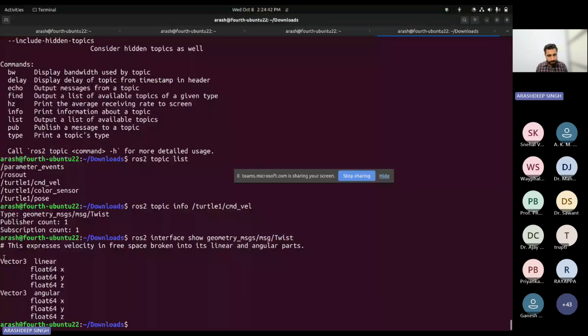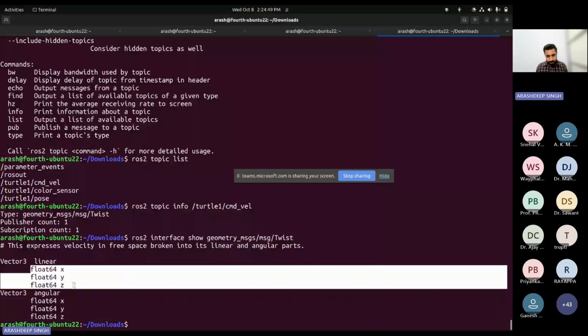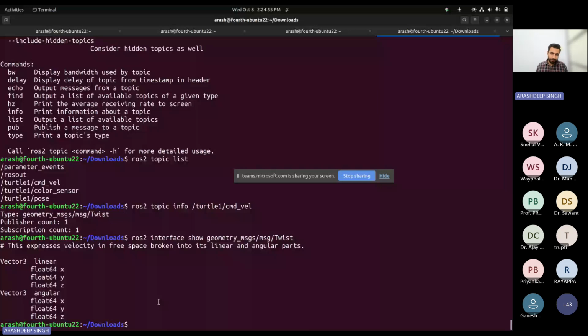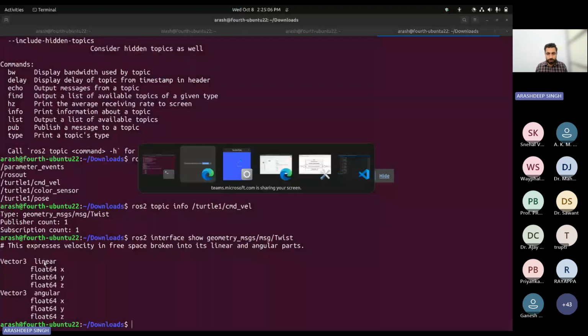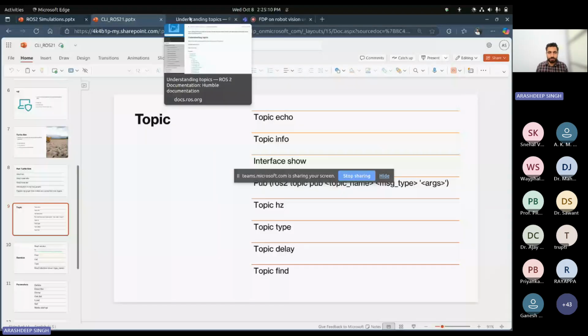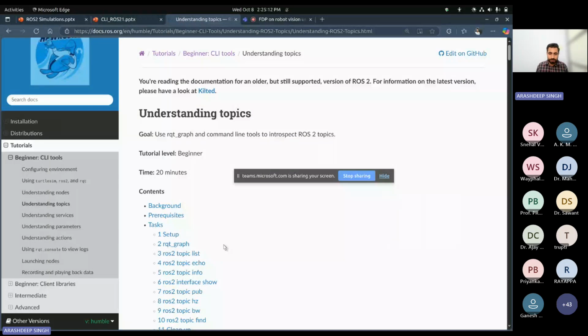You can see it has two vectors, one linear, one angular, and having a float64 data type for all its variables as it is a topic for the velocity. So there are two components, linear and angular, and in all three coordinates x, y, z. Now for publishing, let's move to the documentation for a little help because we are not going to remember how to publish